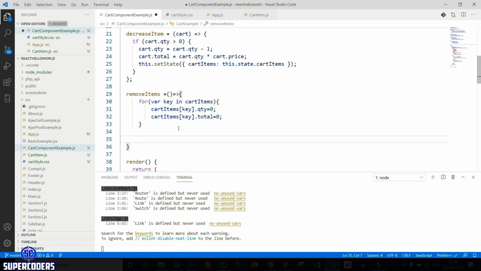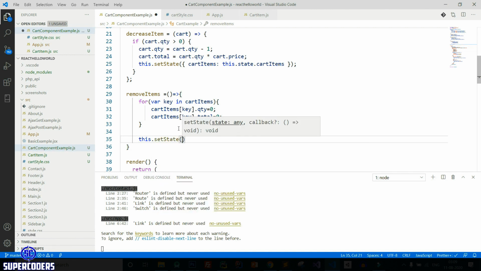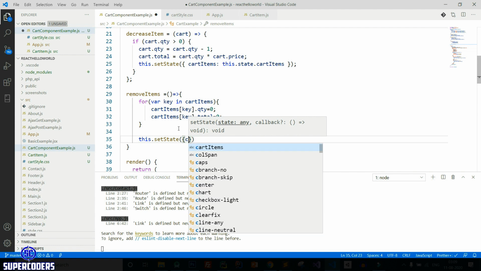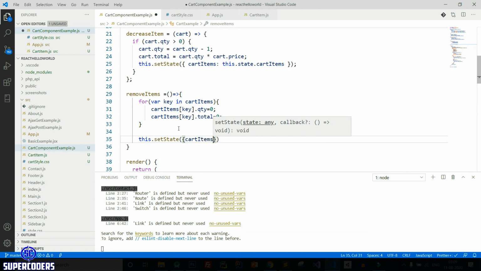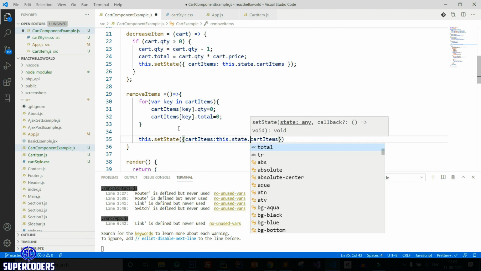After that, this dot set state cart items, this dot state dot cart items.